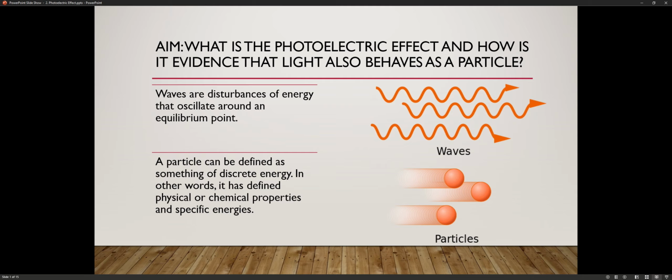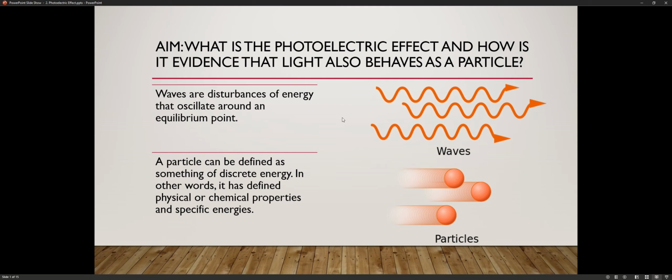Last lesson we talked about how light exhibited properties of a wave, right? There was an experiment to prove that light exhibited properties of a wave using the double slit experiment, right? You saw the diffraction pattern. And so in this lesson, we're going to talk about evidence that shows that light also behaves as a